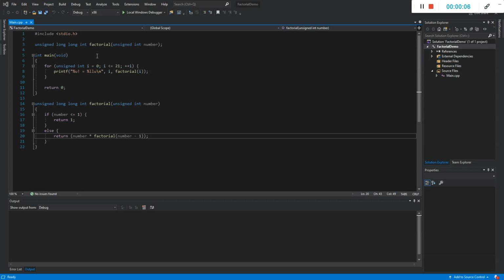This is the example of computing factorial using a recursive function. So this is again the same example we saw in the slides. At the very top, we're including the standard IO library. We have the function prototype for the recursive factorial function, taking an unsigned integer as argument and returning an unsigned